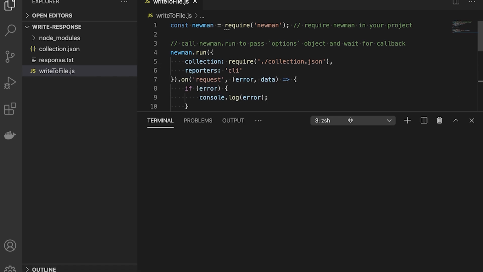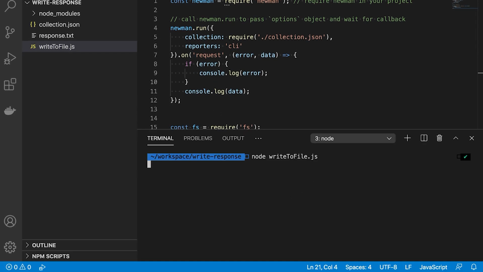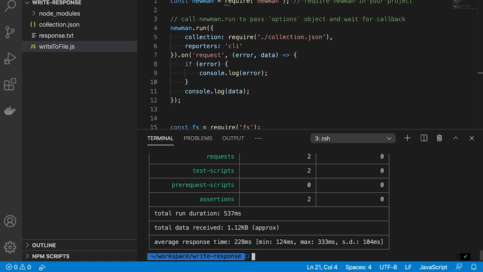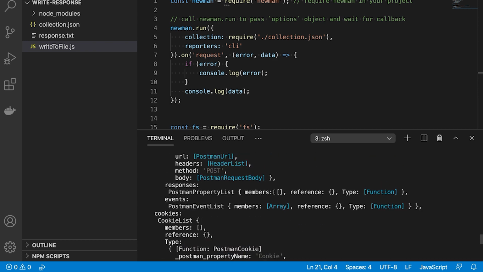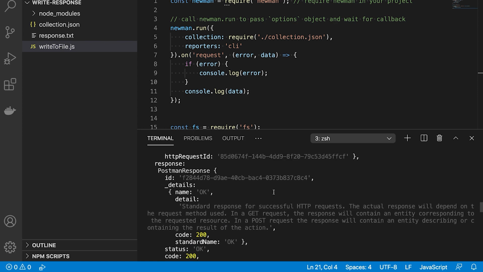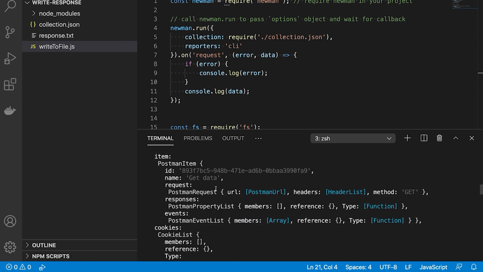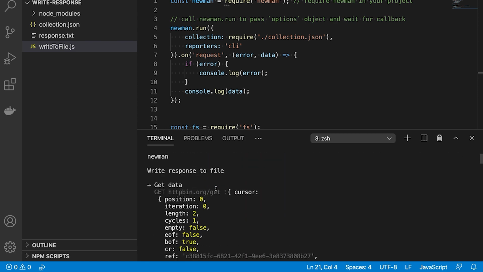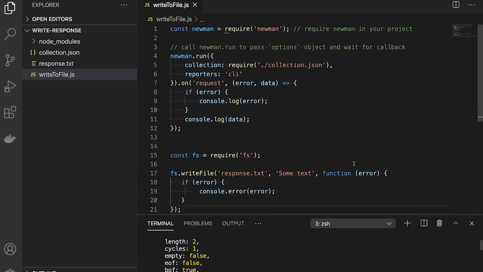So I'm opening up again the terminal window here. So the same request has been executed, and this is like the entire data that is coming back. So one possibility, of course, would be to browse through this entire data and to find exactly what you're looking for. This is one way, and it definitely works. Just makes your life a bit harder,